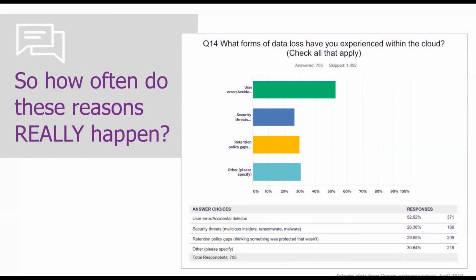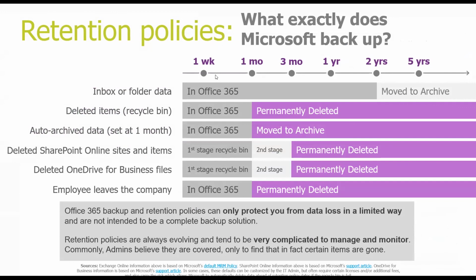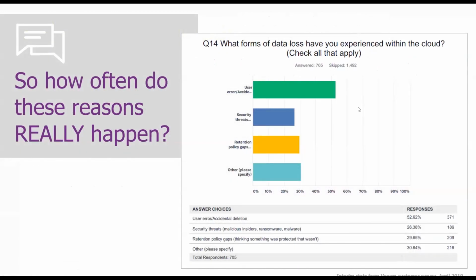So this is another little survey that we did. So the most common one, user error, accidental deletion. It just happens. Like I said, people don't think they need something, and then they realize they do. Security threats, retention gap policies. It's just all the big ones. There are other specific reasons, but those are the big 3 in what we've seen from our end users. And on the next one, we can kind of go into,